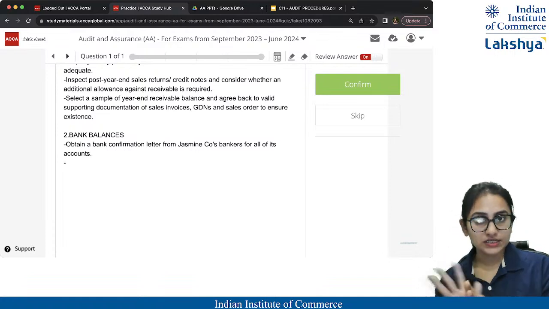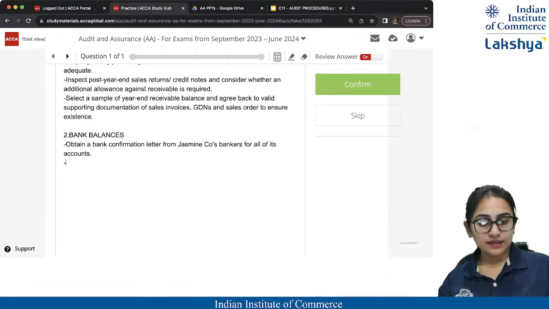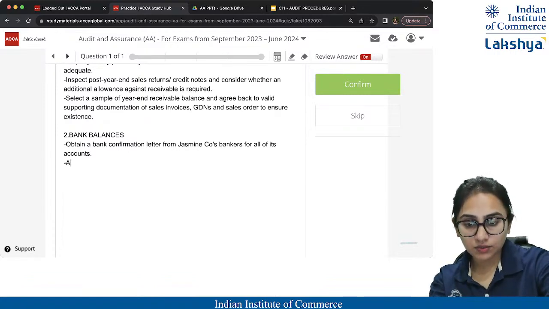One step, very simple and very easy. Then all the accounts that are listed on the bank confirmation letter, you have to reconcile it back to the trial balance if they are included in the trial balance of the company. So second one is agree all accounts